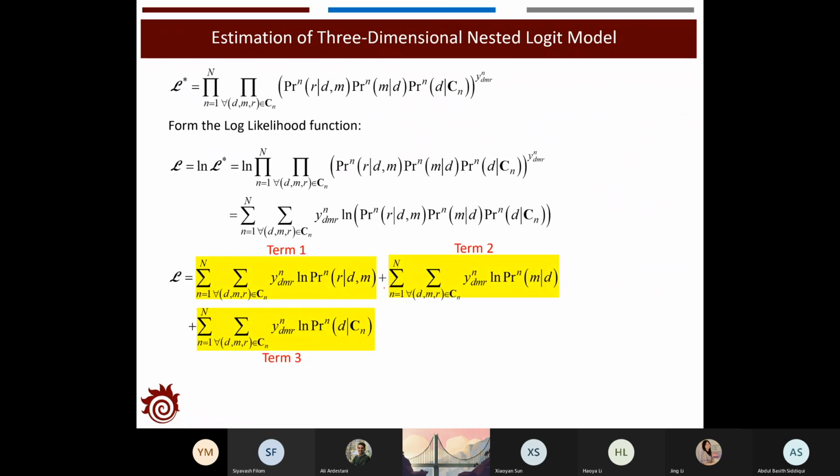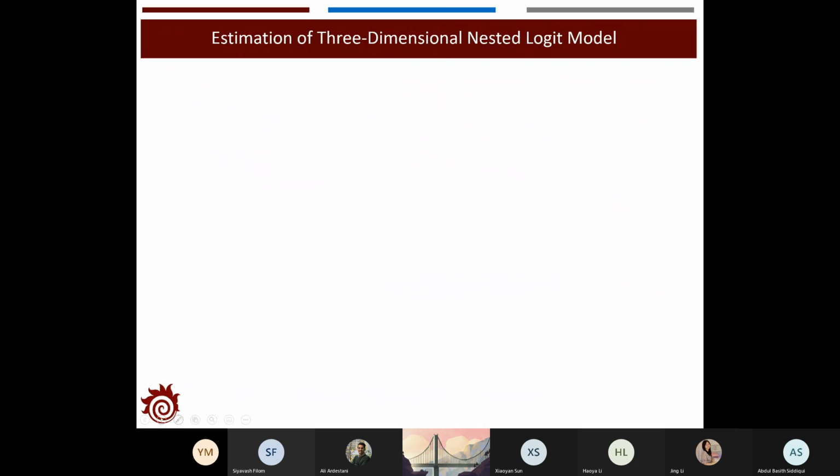Term 1 shows the lowest level, with respect to the probability of the route given the destination and the mode. Term 2 is about the mode m given the destination d, and term 3 is only about the destination. If we want to do the maximization, we can try to maximize each one of them. We'll start from term 1, then go to term 2 and term 3. Let me show you some details about the procedures to conduct the